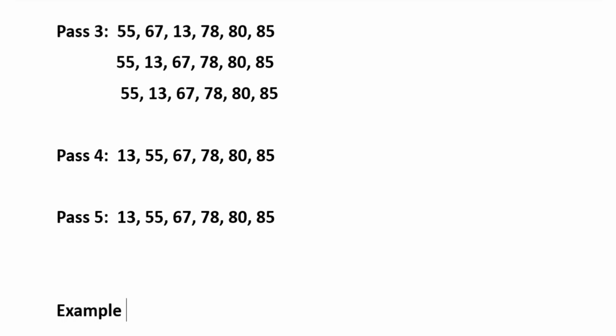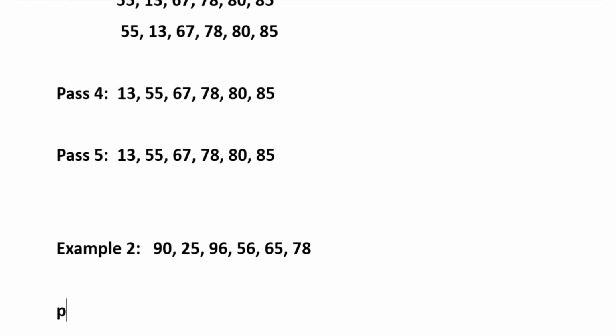That is 90, 25, 96, 56, 65, then 78. First, we need to start pass 1. Compare the first two adjacent elements, 90 and 25. 90 is greater than 25. Yes, we need to swap. 25, 90, 96,